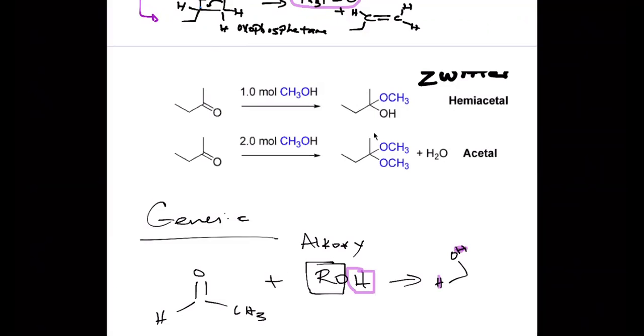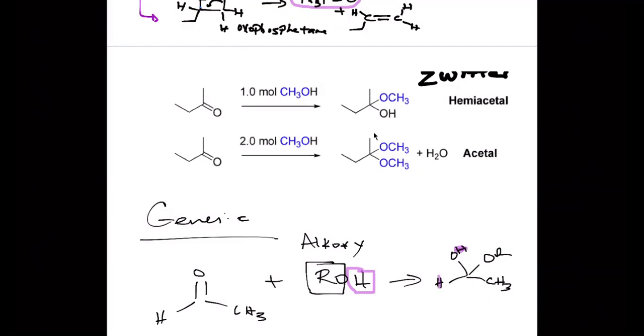And then on this side, you have OR, whatever the alcohol is, whatever the R group is. And the other CH3 that was already here is still intact. You don't change that. So this again is an addition,